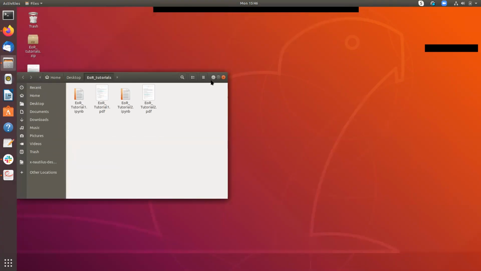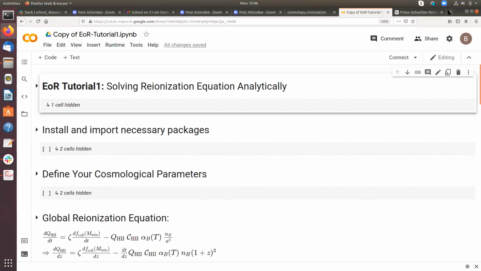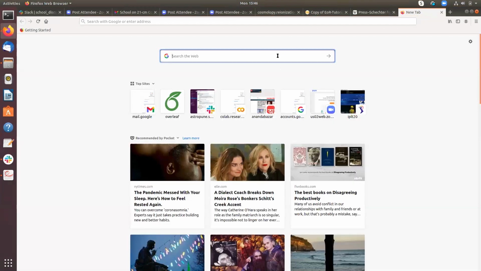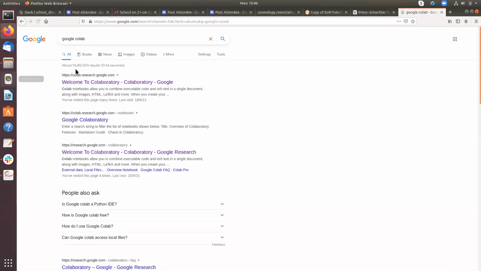Once this is done, you can move to your browser and just type Google Colab, or you can copy the link which I have mentioned in the PDF. Once you do it, it should open like this, and you just click on the first link and it should open up.